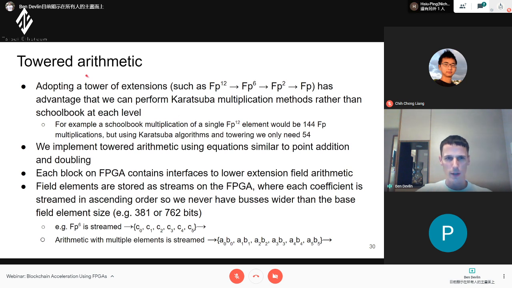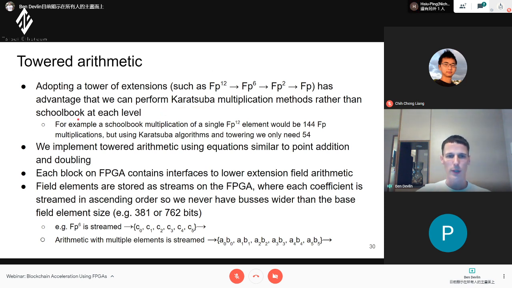I talked about towered arithmetic, and this tower of extensions. So when we have an FP12 point, we're going to represent it by FP6 or 2 in FP. The big advantage is, for example, we can now do multiplication on an FP12 using some non-schoolbook method.